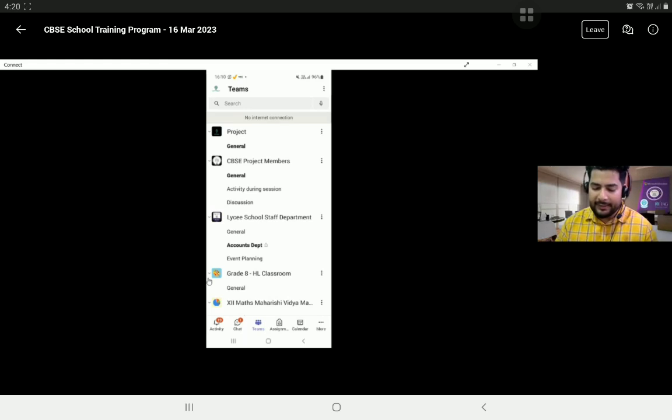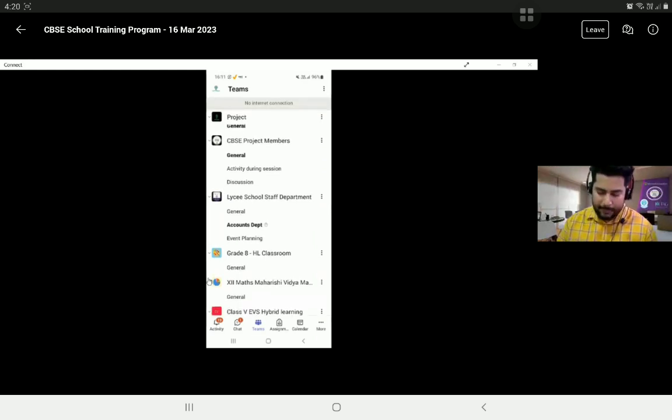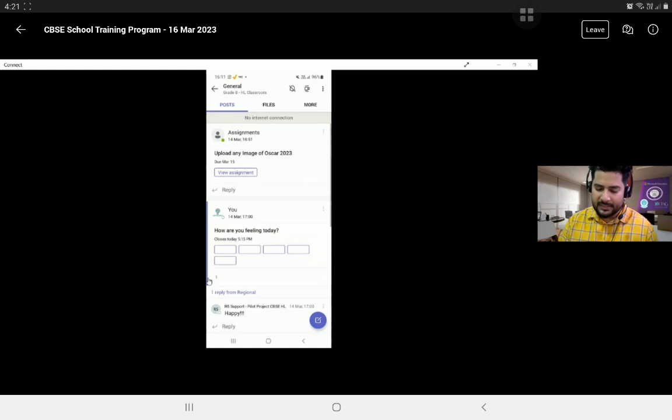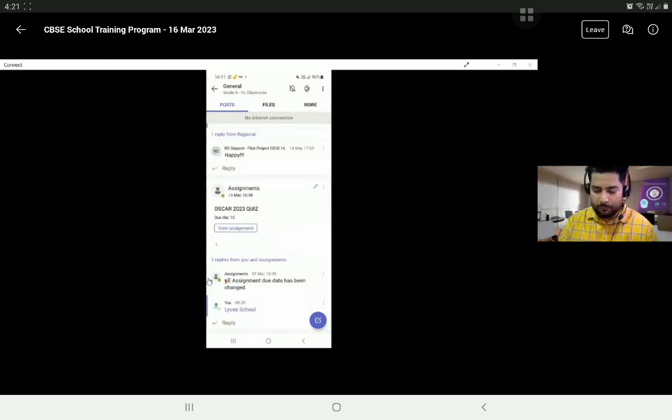Now, in order to create a new team, what should I do? The team is already created. We all saw last time how to create a team in the mobile phone, so I'm not getting into that right now. I'm just trying to show you some features already available in this grade 8 team. For example, I go to the grade 8 HL team. Right here I already have the students as part of this team. If I have to add more and more students,